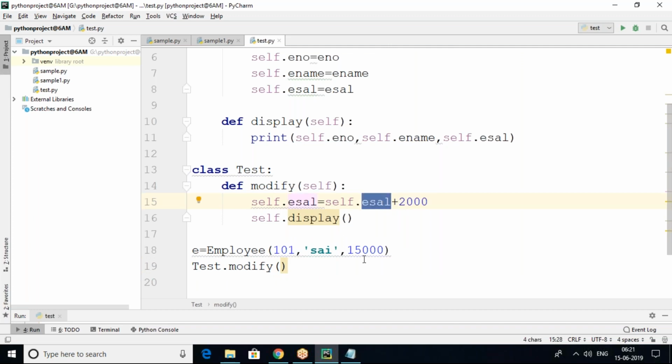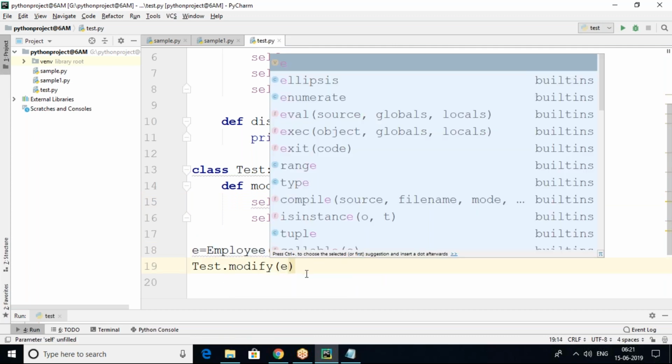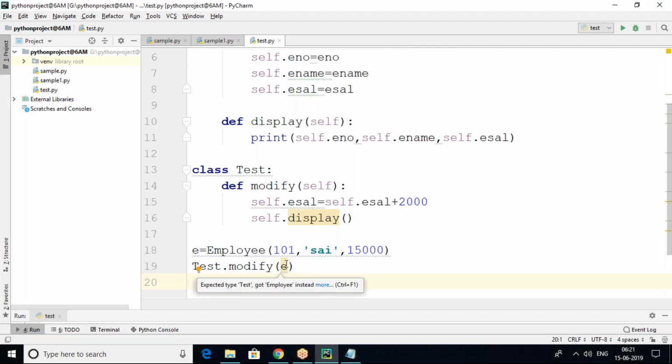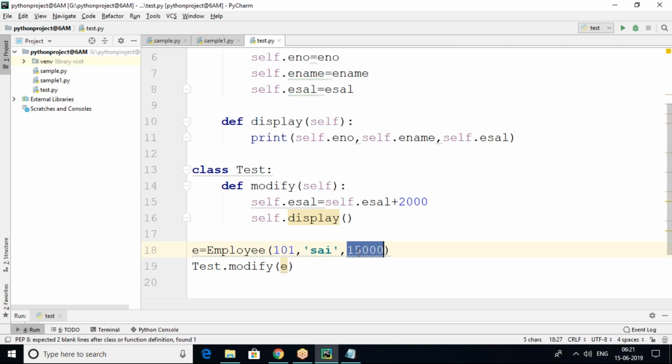E-salary is how much? 15,000. We are supplying it through which class object? The Employee class object, so we have to take this also, e. E is the object reference, it can hold the data like 101, Sai and 15,000. So that data will be affected through the modify method. So once we call test.modify of e, the object reference of Employee, self.esal is actually 15,000 and 2,000 will be added here.